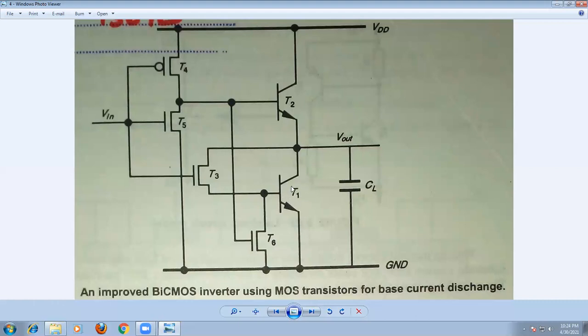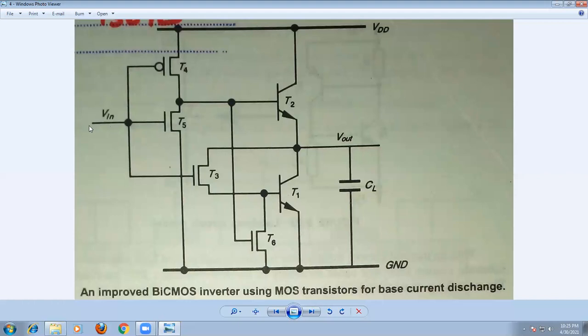it is having some charges in the base. That base charge, that means the charges present in the base region of this transistor during the off condition, can be discharged through this transistor, because the transistor is connected to this point, the high voltage state, connected to the VDD line. So this is on, and when it is on, it provides a low resistance path. Therefore, the base charges there when the transistor T1 is off will be completely discharged here.